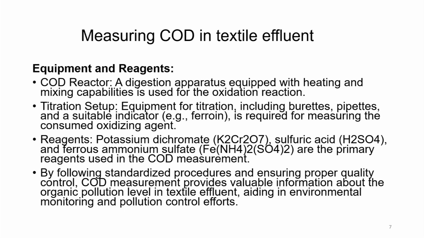Equipment and reagents. A COD reactor, a digestion apparatus equipped with heating and mixing capability, is used for the oxidation reaction. Titration setup: equipment for titration including burettes, pipettes, and a suitable indicator, ferroin, is required for measuring the consumed oxidizing agent. Reagents such as potassium dichromate, sulfuric acid, and ferrous ammonium sulfate are the primary reagents